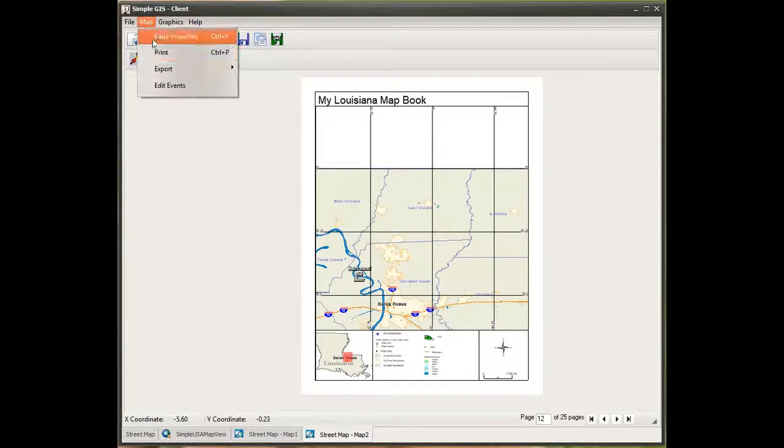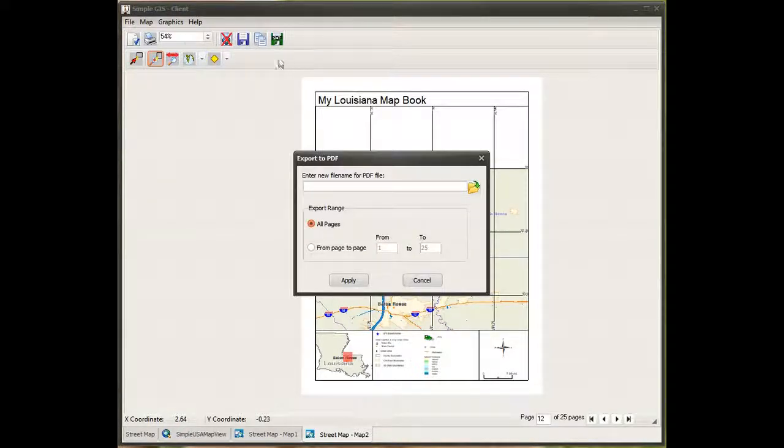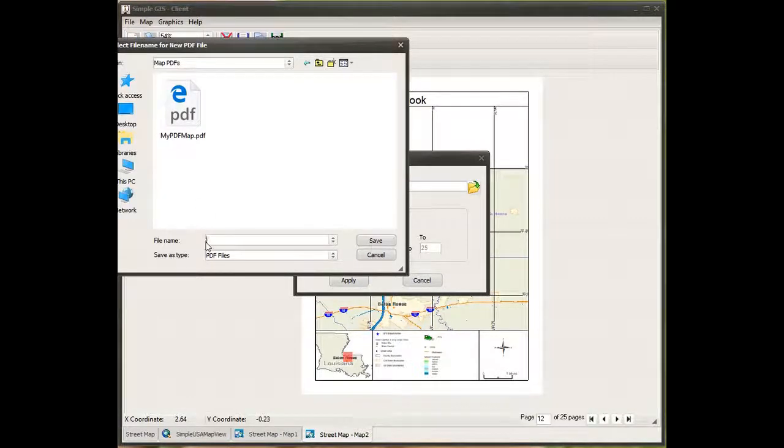As far as exporting the map out to the clipboard or graphic file, we would have to do that a sheet at a time, since a graphic file like JPEG or bitmap can only contain a single sheet. However, we could export this map book to a PDF file. So if we click our Export to PDF tool,